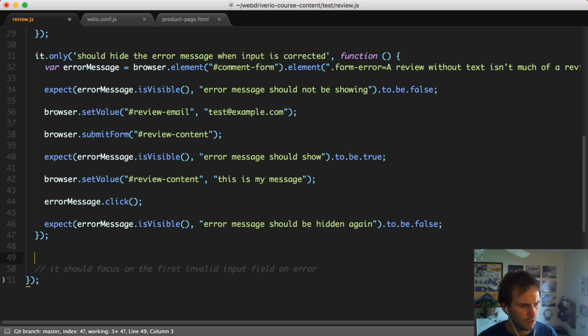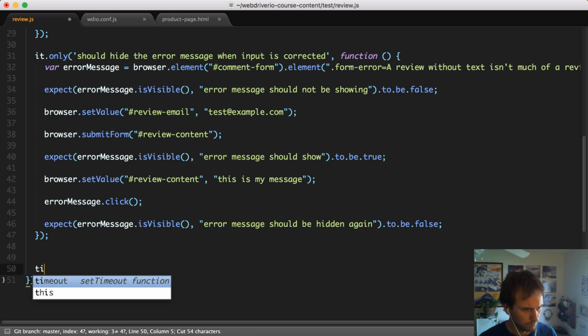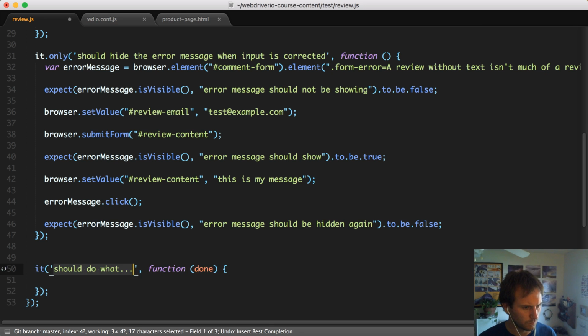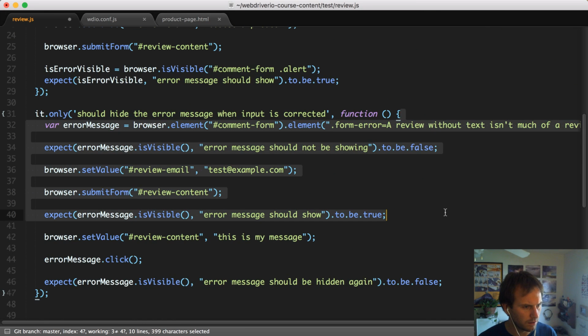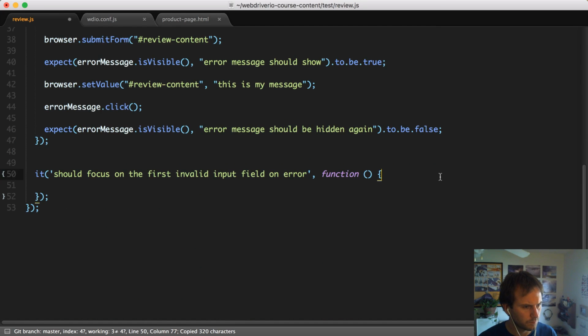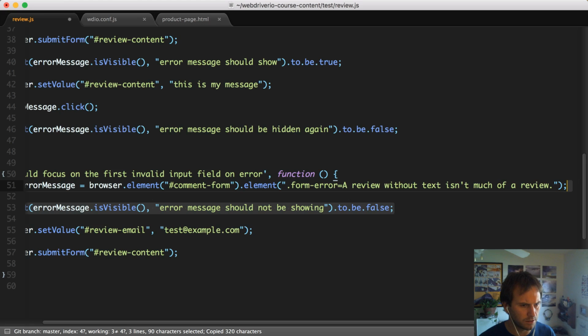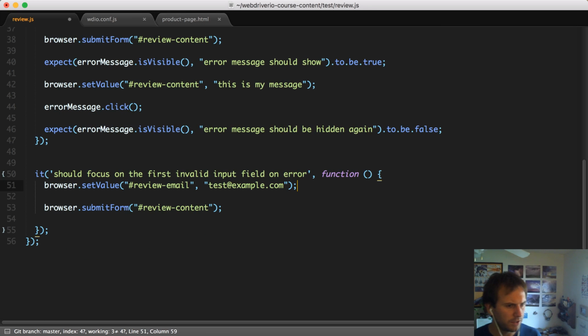Last thing we're going to do, because I'm kind of running out of time, is we'll do this has focus real quick. Oops. Wrong command. Okay. Should focus on the first invalid input error, and this is going to fail because it actually doesn't do that, but I'll copy all the way down to here. I don't care about my error messages. So what I'm going to do is set my value on review email, submit the form, and then check to see that this review email has